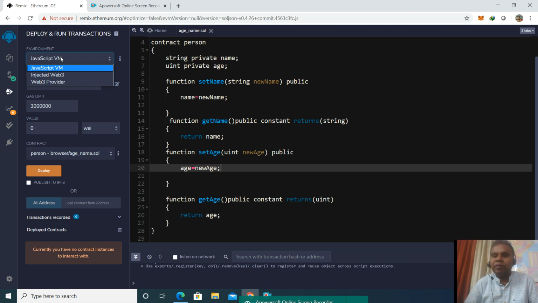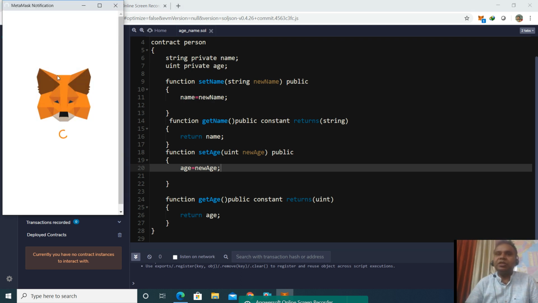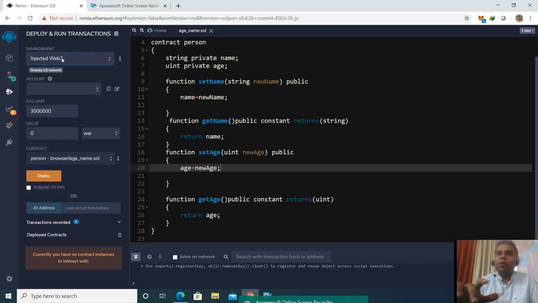The contract which we have written is converted into bytecode. This bytecode is given to a virtual machine and this is used for local testing. It means without actually deploying it on a blockchain platform, we are testing it locally on our system by using a JavaScript virtual machine. The second platform is Injected Web3. This Injected Web3 platform is basically used to run the smart contract on the Ethereum test network. There are different networks of Ethereum. When we use Injected Web3, we use the Ethereum test network which is called Rinkeby.